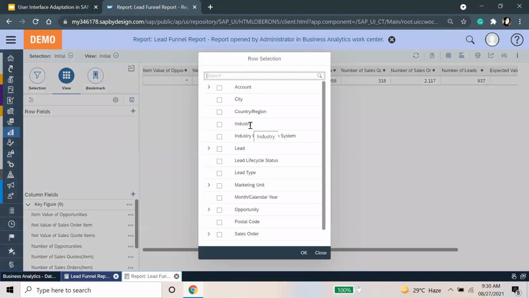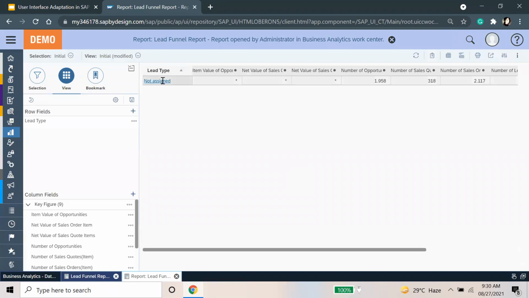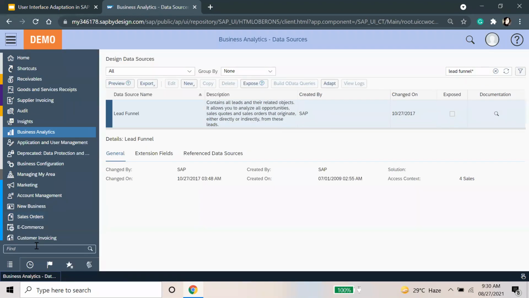Alright, let me see if I'm able to take this. Yeah, lead type is coming here. Right now it is not assigned to a particular sales quote or something. If it is, then it will be assigned one showing direct or indirect according to the inputs we have put there. Okay, so this was about the data source and reports.